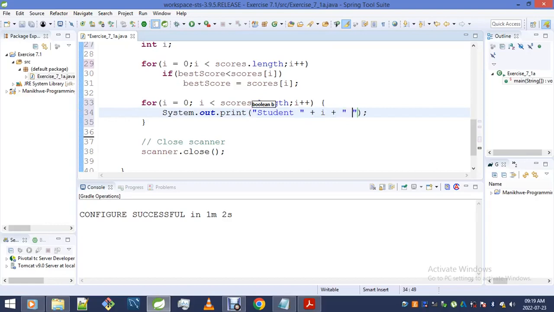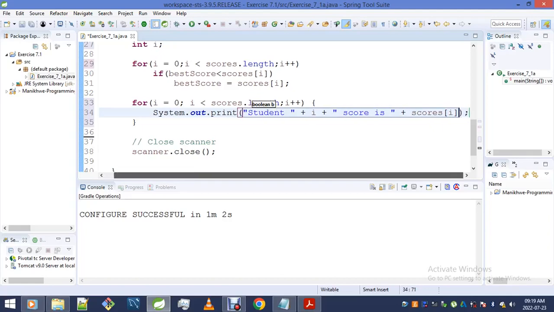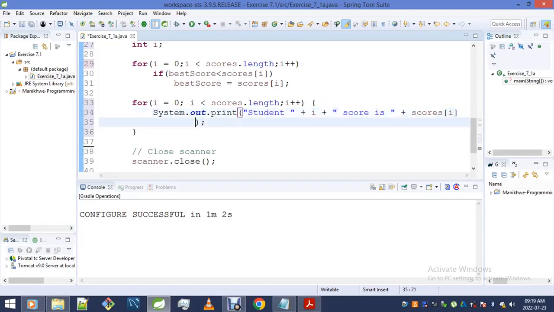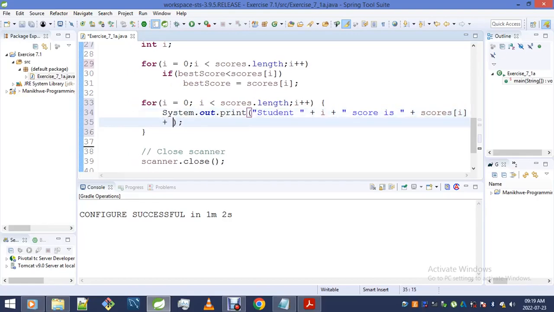Student i score is scores at i. Okay, and the grade, let me go to the next line so that things are clear. Okay, and I'll then go and